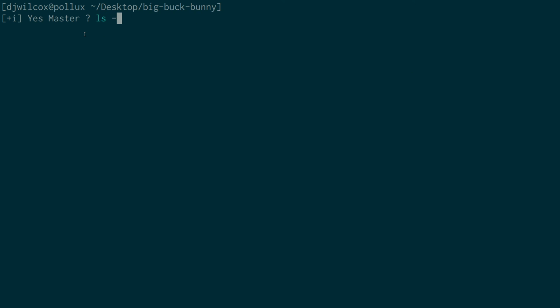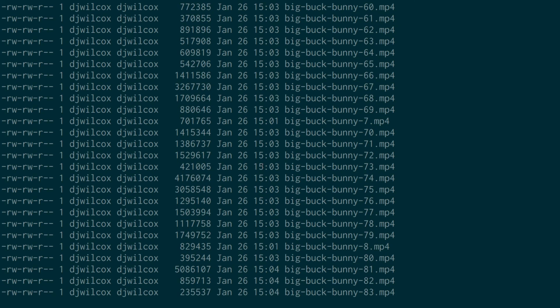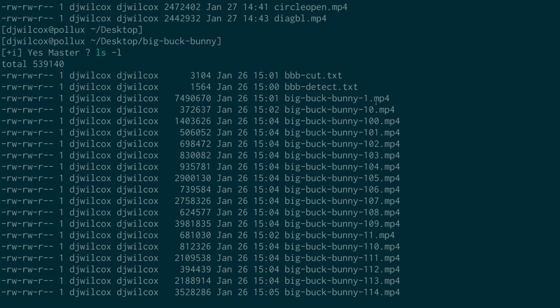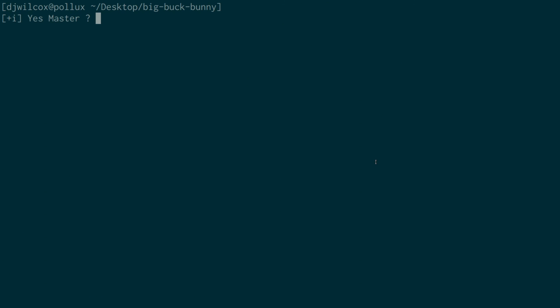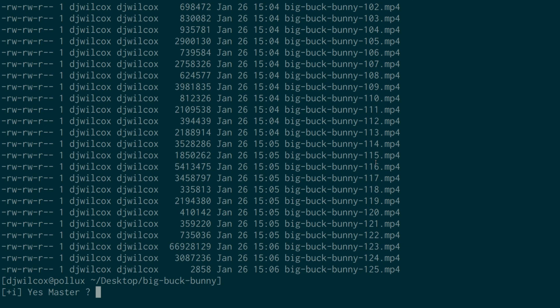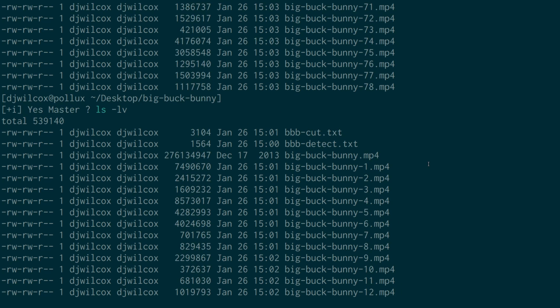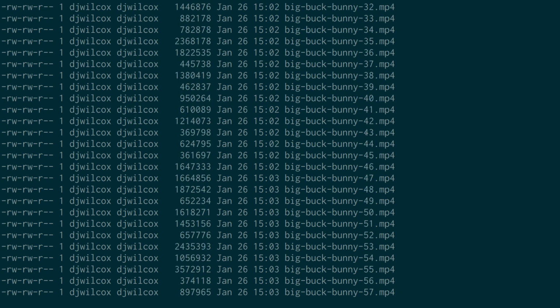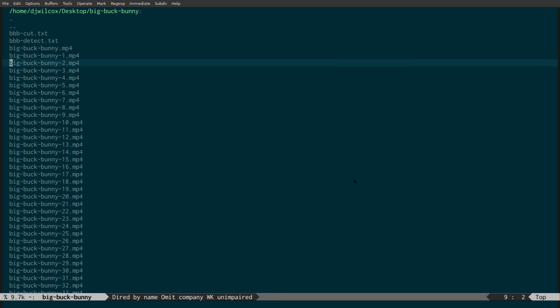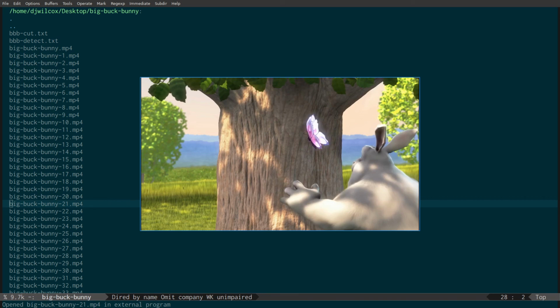If you don't have the -v option, you just run it, and you can see how they'd normally be listed: 1, 10, 100, or 101, 102, yada yada yada. You pass in the -v option, bang. That's what we want, stuff listed in the correct order. That's why using Emacs is handy for this, because you can set your own switches, and it means I've got all the clips here in the correct order, and I can just open them up